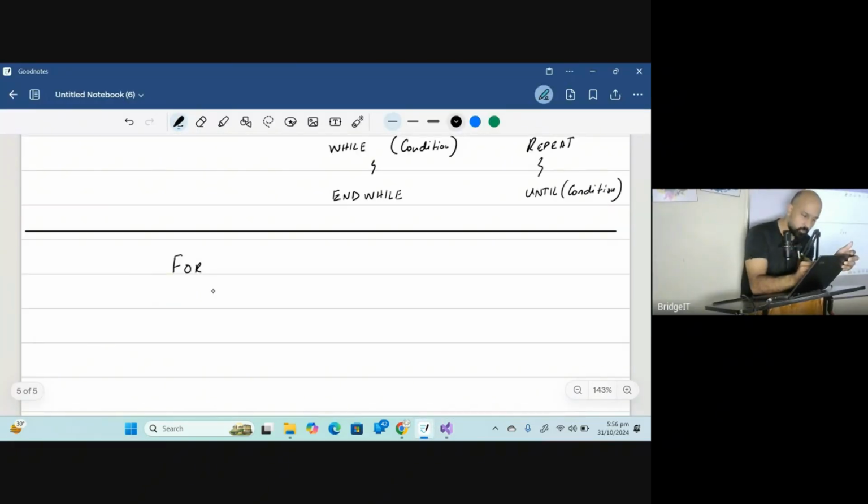X. So FOR x, assignment operator, because in VB we use equals to, in pseudocode we use this instead of equals to, 0 to 9. Instead of Console.WriteLine, we write OUTPUT. The message was, this was the message. And NEXT.